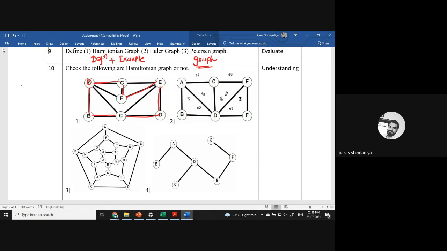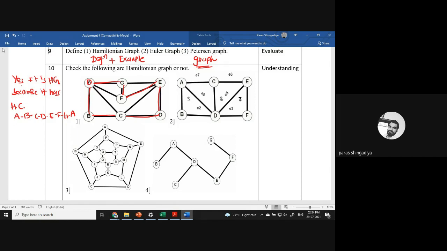So your answer in this question is to write yes, this graph is a Hamiltonian graph, because it has a Hamiltonian circuit. And which circuit do you have to consider? A to B, B to C, C to D, D to E, and then E to F, F to G, and G to A. Based on that circuit, we say that this graph is a Hamiltonian graph. So that is the answer of the first one.